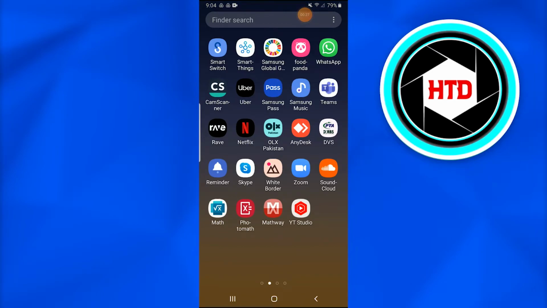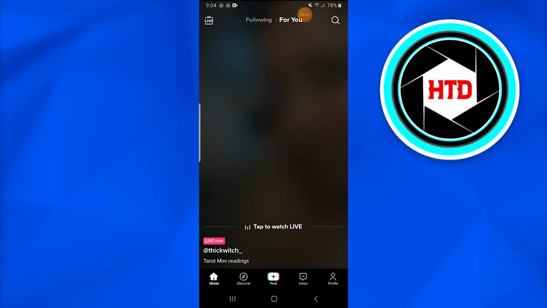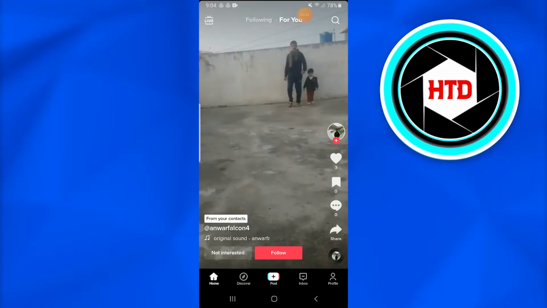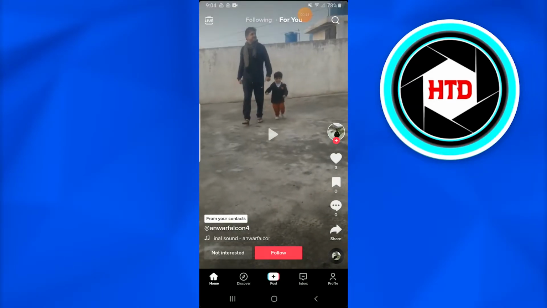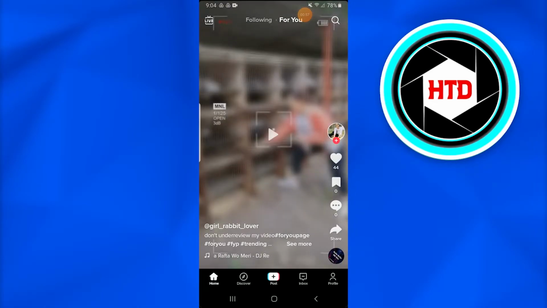So let's get back to the game. First of all, you're going to open up the TikTok app. Before moving any further ahead, I want you to know that some of the updates hold this caption feature, others they don't. So some have the caption feature and some don't. For example, I don't have the caption right now, but you can turn off the